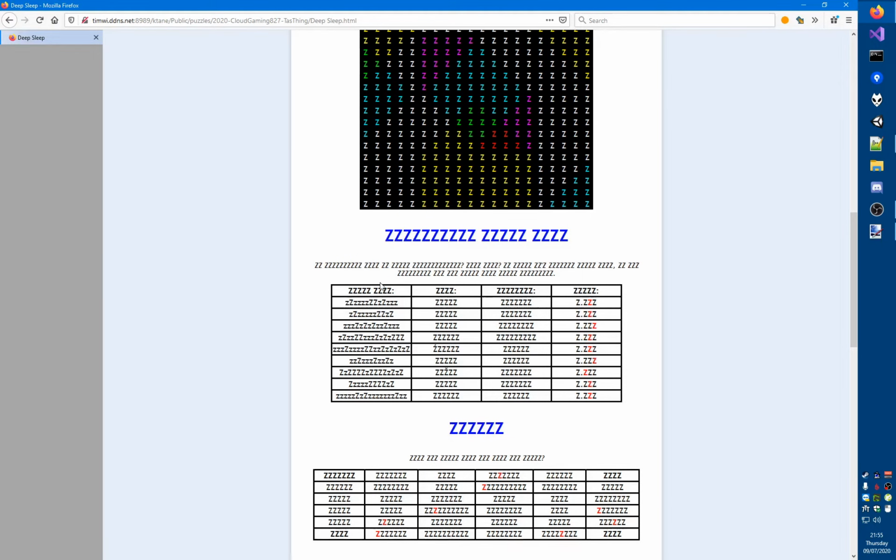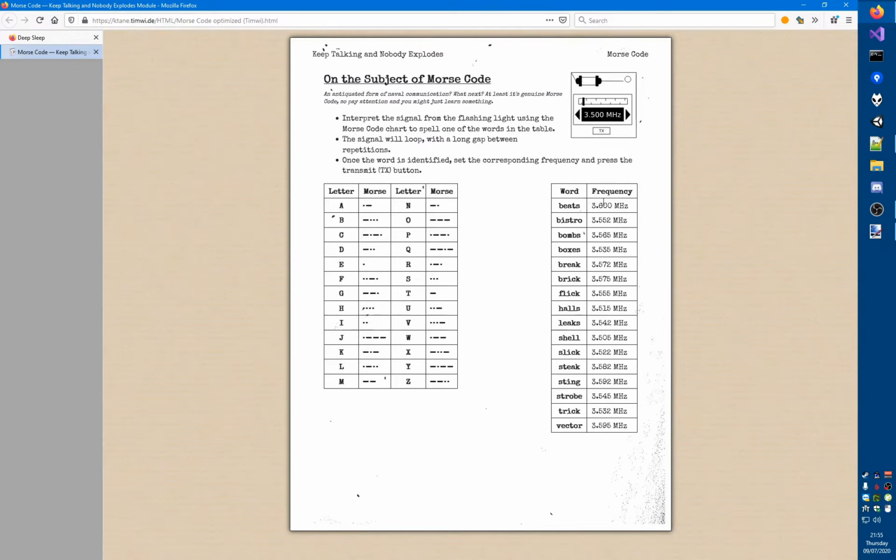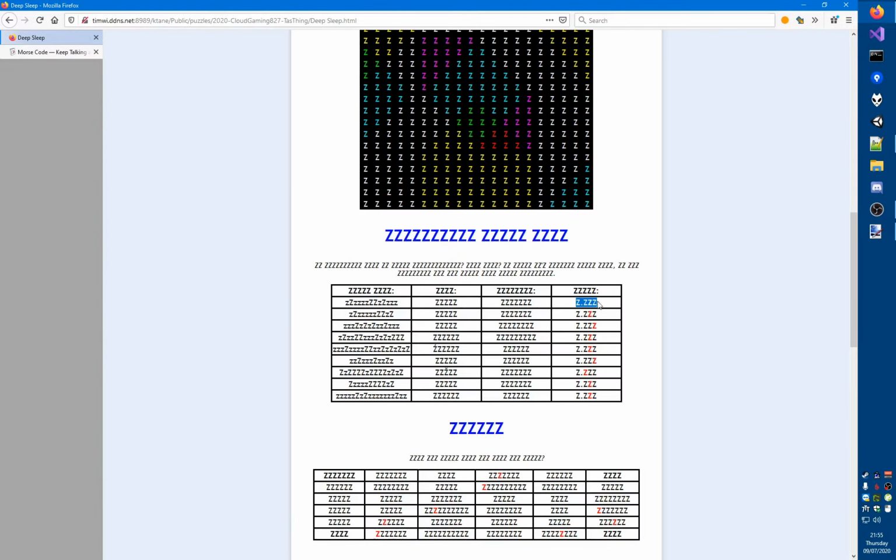Okay, so here, ooh, what is this? In the first column, some of the Z's are lowercase. In the second column, there's one that has an acute accent. And then in this last one, we have something dot something something something. The only thing that immediately comes to mind is Morse code, like the vanilla Morse code. It has these frequencies, and they're always a number, then a dot, and then 3 numbers. But something tells me, because obviously some of them are red, that we have to extract something, and I'm not quite sure if we should be extracting